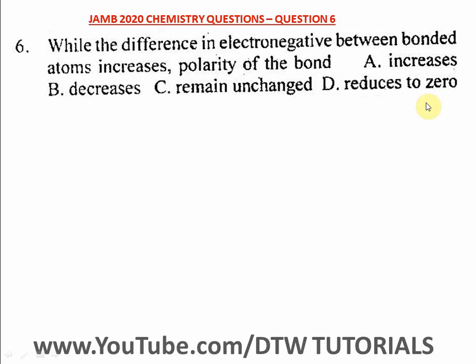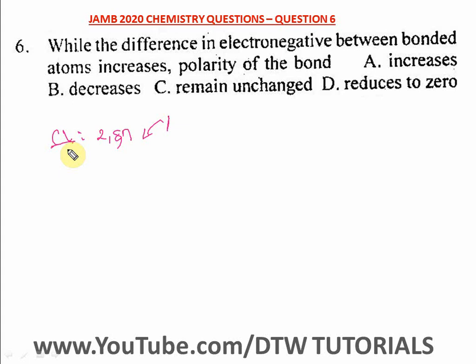Now we know that electronegativity is the ability of an element to accept electrons. For instance, chlorine accepts 1 electron to attain stability. So chlorine is an electronegative element. So the question is, when there is a difference in the electronegativity between bonded atoms and it is increasing, what